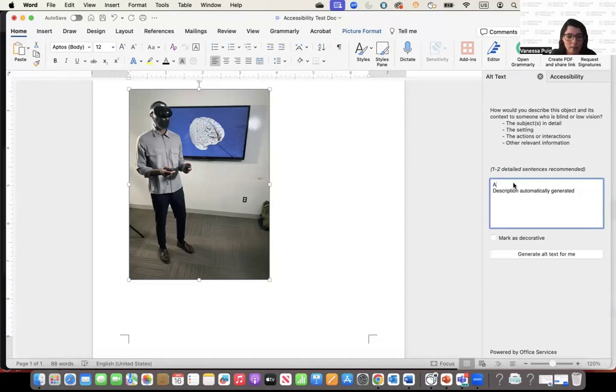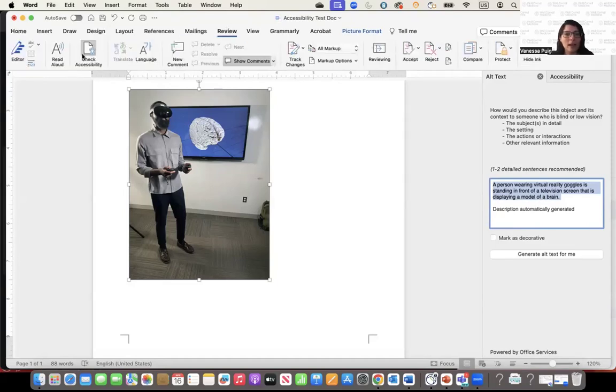So I might say a person wearing virtual reality goggles is standing in front of a television screen that is displaying a model of a brain. And that's far more descriptive than there's a guy wearing a VR headset. That ends up being much more descriptive to somebody who is using a screen reader to go through an entire document. So again, if you go into review and check accessibility,